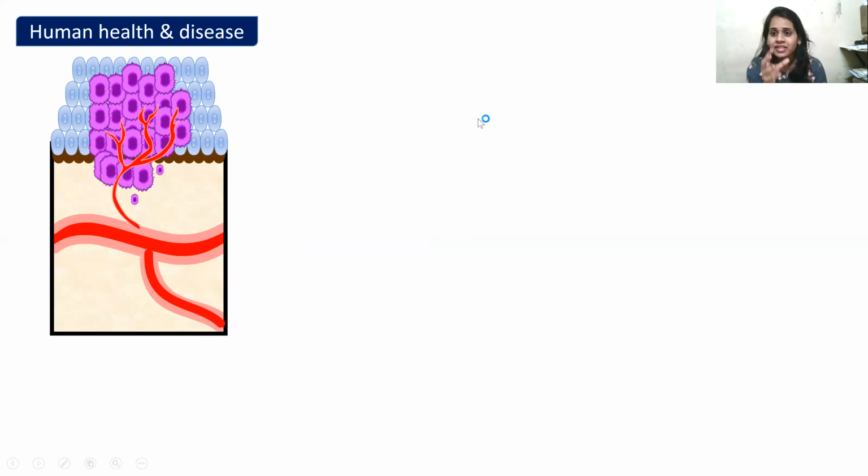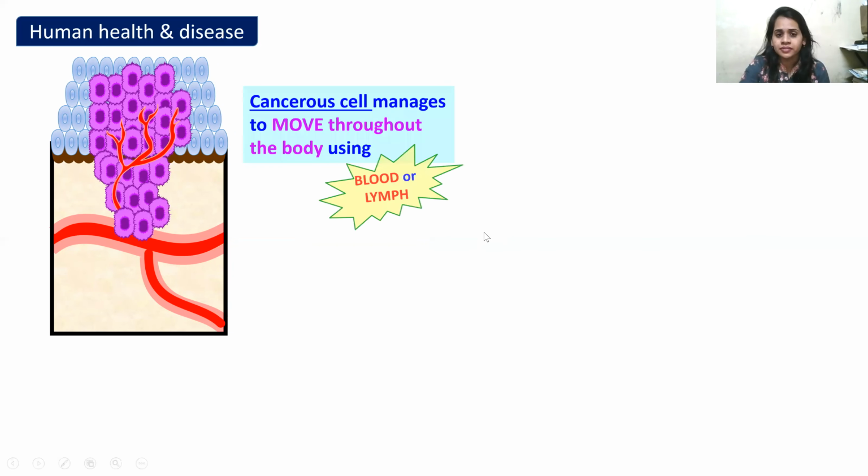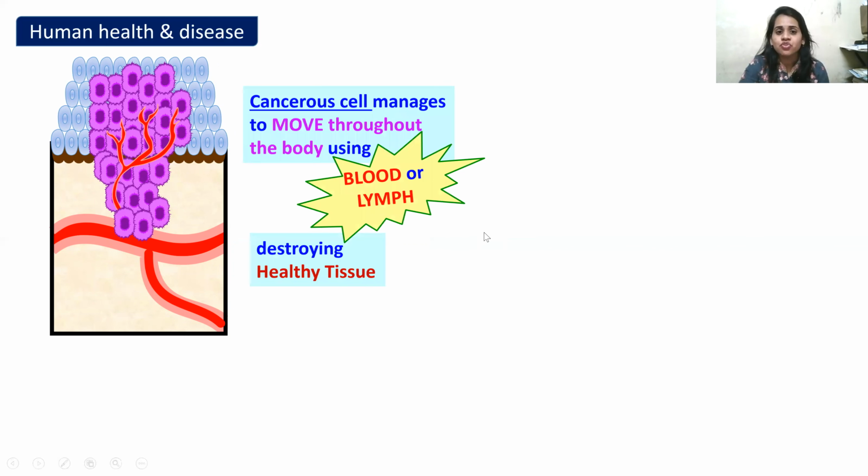And through the blood vessels which they have formed, अब उन्होंने खुद की blood vessel बना ली हुई है, correct? So अब वहां से वो spread होते हैं throughout the body, that is through blood or lymph, and they destroy even your healthy tissue. So when they start spreading, okay, जब वो spread करना शुरू हो जाते हैं, that is called invasion. Then this is very, very dangerous condition, because जब एक ट्यूमर एक जगह पर होता है, it's